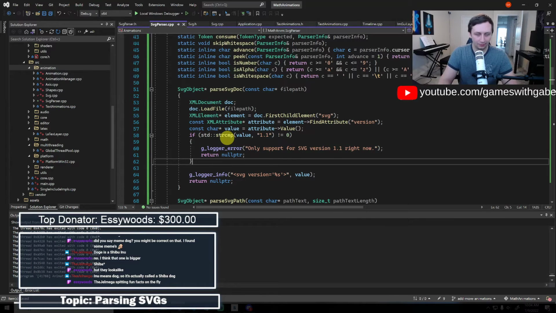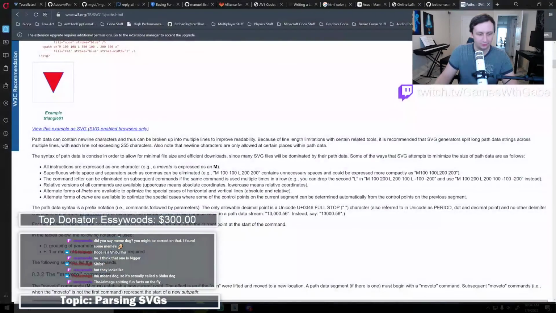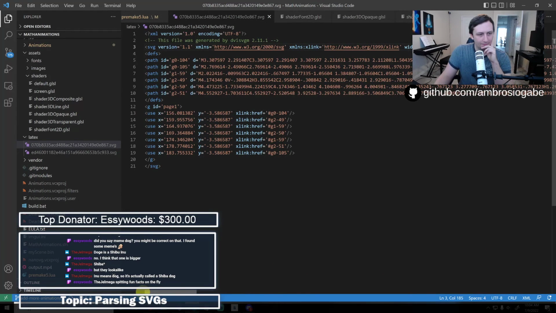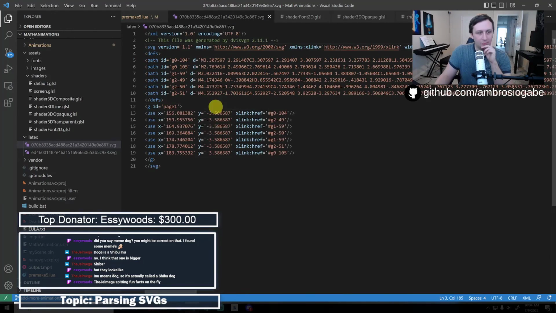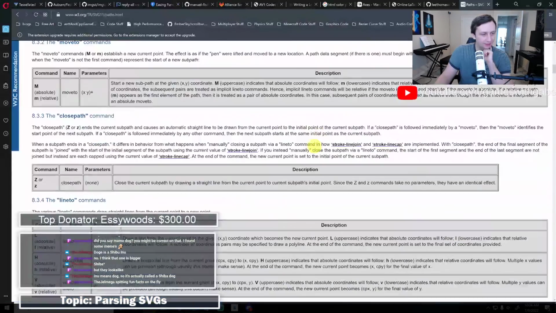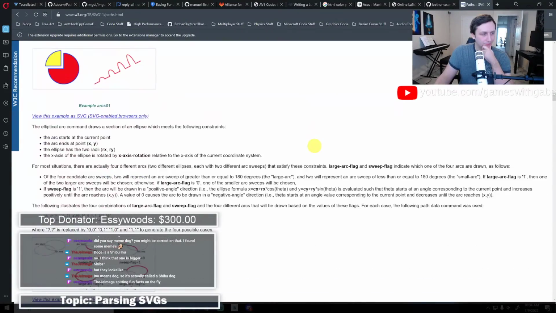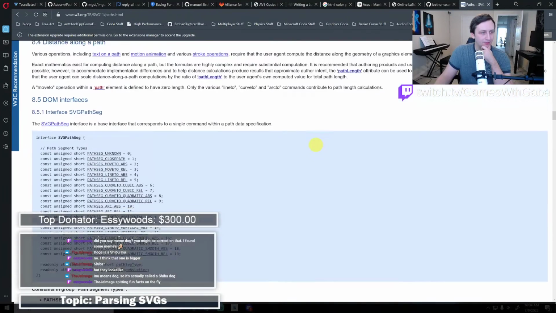So otherwise, if we have the correct version, let's go ahead and grab, actually, I don't even think we need the viewing box because we already determined that that viewing box doesn't really make much sense here, does it? So what I think is this use XY, right? That just means, do they have this listed in this spec? No, I think this is just the path I'm looking at, right?